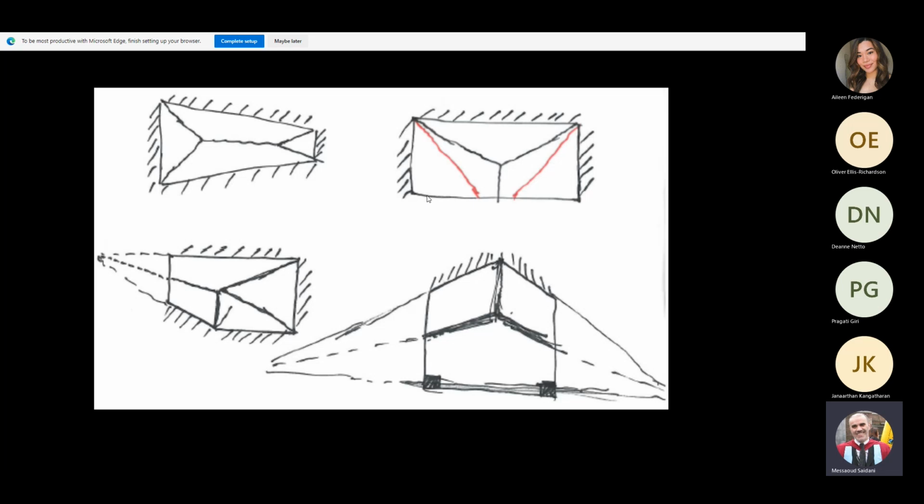Depending on that ratio, you can get the one in dark color or the one in red. Okay, this here is a slab that has got 5 edges. 4 are simply supported, and this edge is